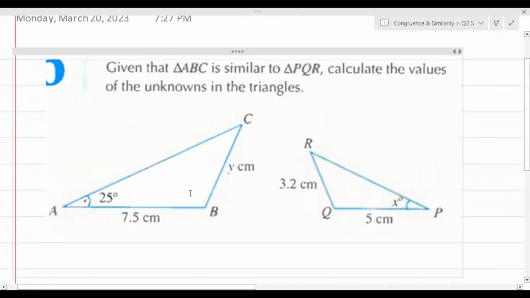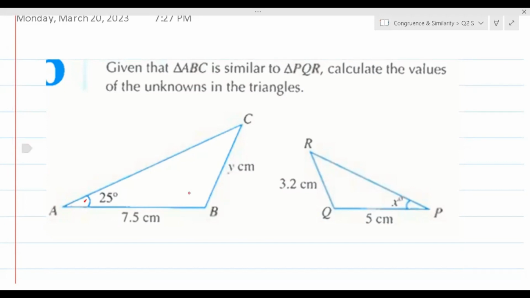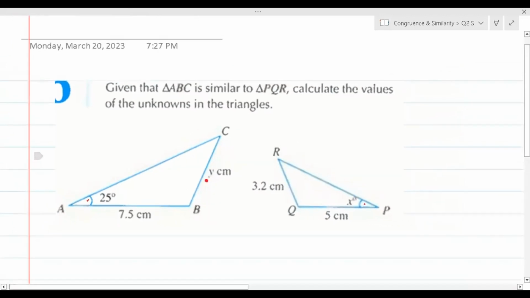द क्वेश्चन इज सेइंग, इसका अगर चाहो तो स्क्रीनशॉट ले लो बिकॉज आई एम गोइंग टू स्क्वीज इट आउट अ बिट। Given that triangle ABC is similar to triangle PQR, calculate the values of the unknowns। तो क्वेश्चन है, मैंने ये तो बता दिया कि ये है ही सिमिलर, हमें फिगर आउट करनी है वैल्यूज ऑफ द अननोन। अब अननोन वैल्यूज क्या है, एक यहाँ पे ये X अननोन है और दूसरा यहाँ पे ये Y की वैल्यू अननोन है। ठीक है जी।